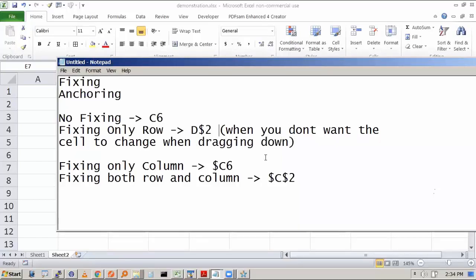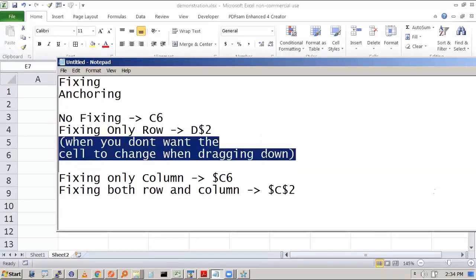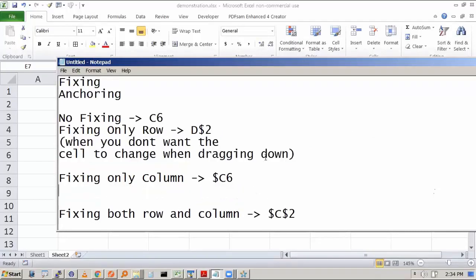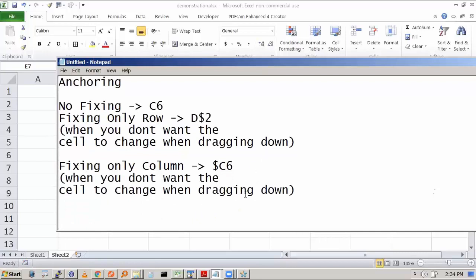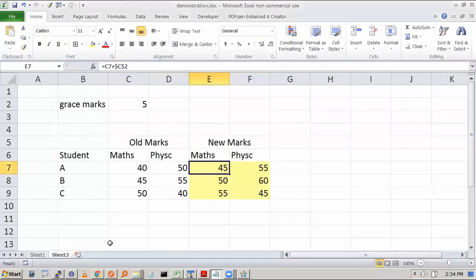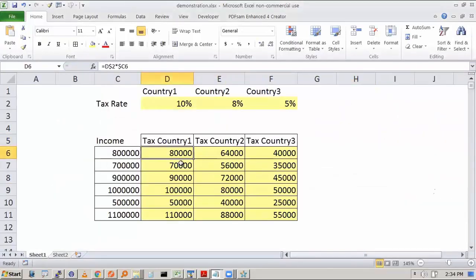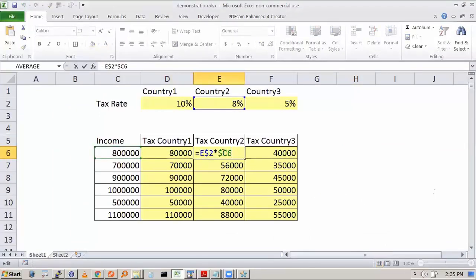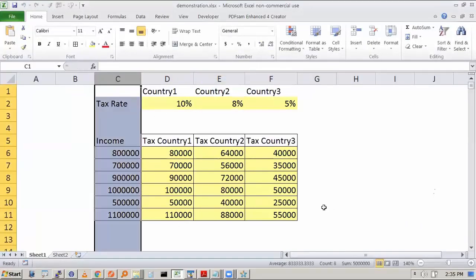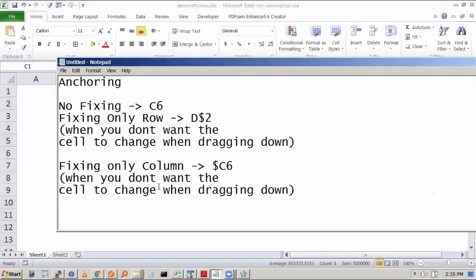When you want to fix only the column, as we had seen here, we had fixed the column $C. We don't want the column to change when we are shifting to the other column, so when you don't want the cell to change when dragging to the right.